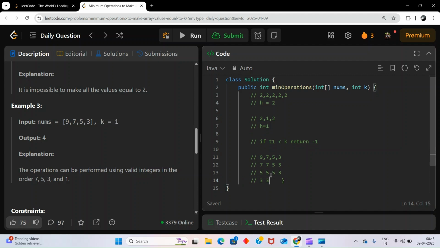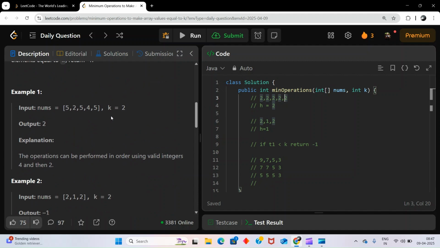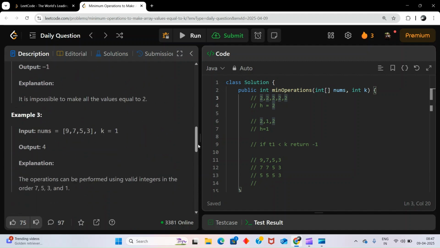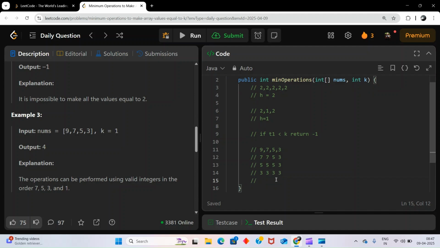Now we will not consider 3. Why? Here, why were we considering 2 at the end? Because our k was 2, but here our k is 1. So after 3, we will consider h as 1, because greater than 1 all are identical. So now 1, 1, 1, 1, just replace.